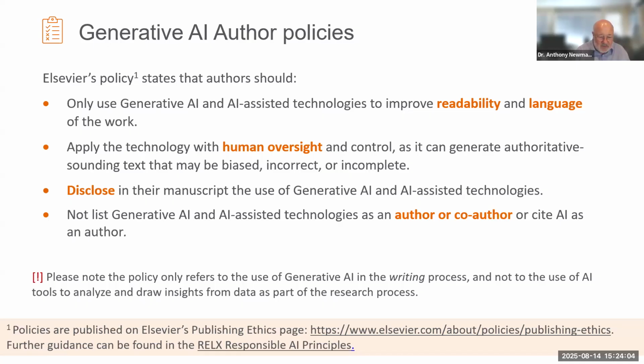It's not author or co-author, of course. If you're using generative AI in the research process, it's entirely different. You can then use all you do, and then in the methods section of your paper, you list very clearly how you've used AI, what it's done, and what it hasn't done, and very clearly state the information that it has just generated,